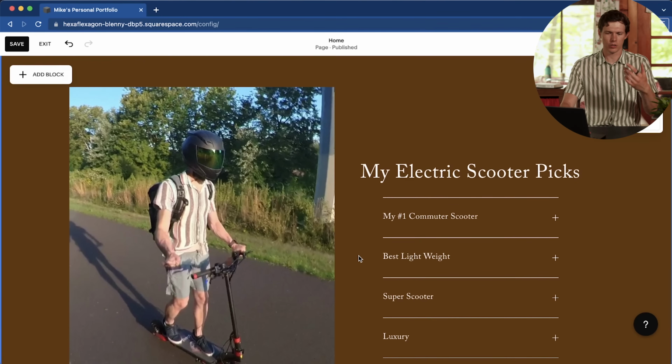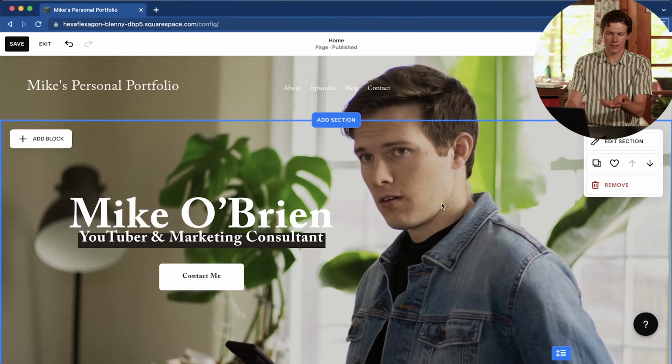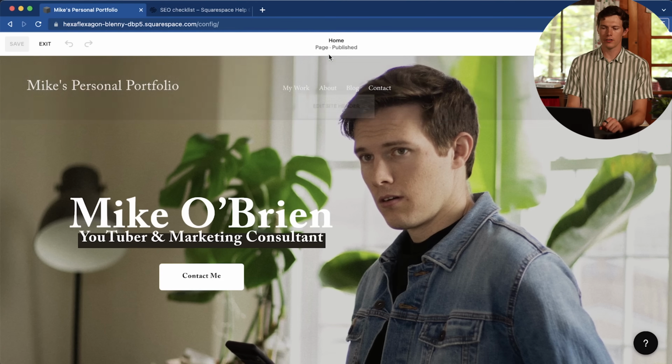I don't know, you get the idea. I'm just showing you how these different things work. So now that we have a general website, this is how you go about editing it. Let's click on save. Now the last thing I want to do in the actual editor is on the top,